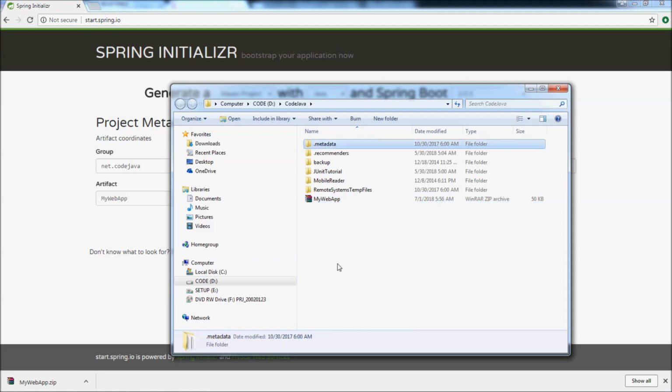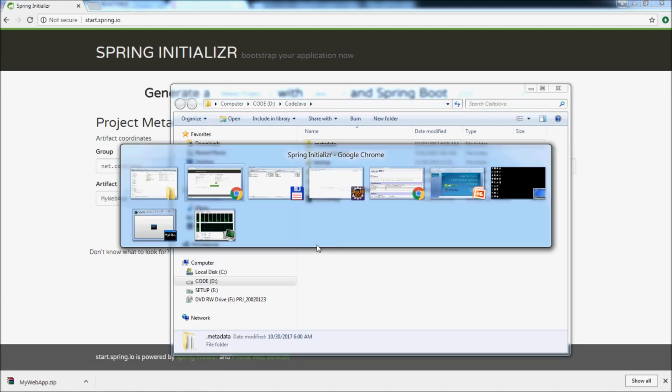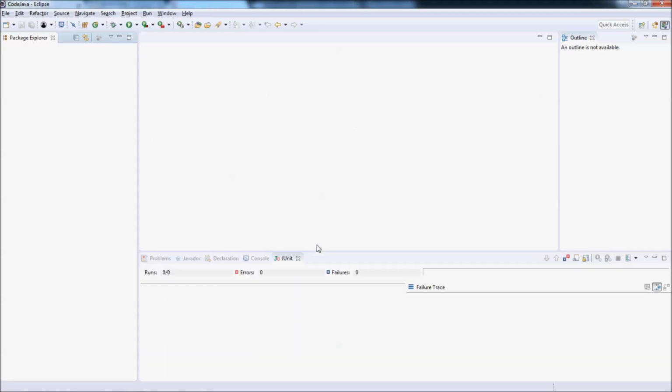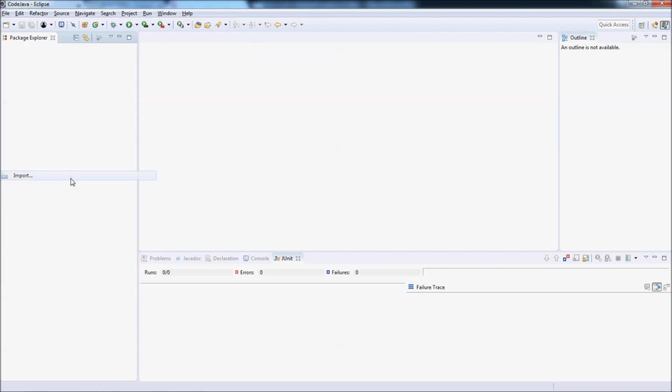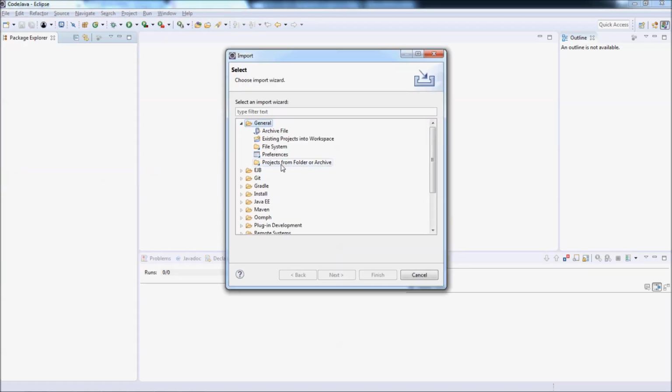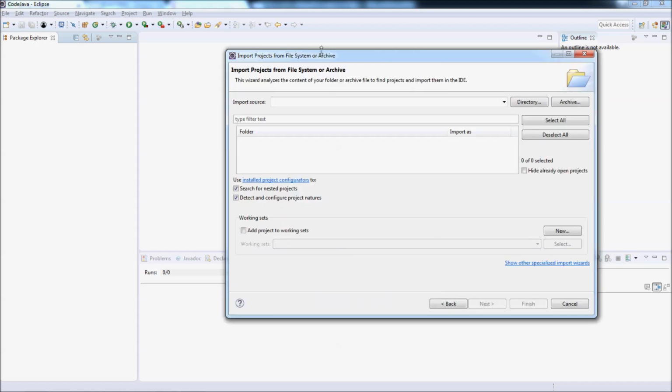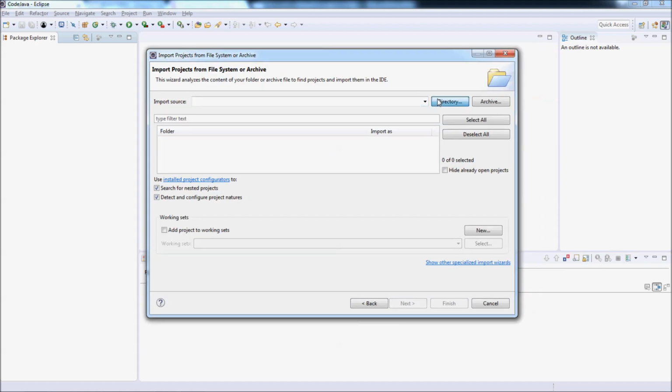This is also a workspace on Eclipse, and you can see the directory .metadata here. Okay, and now let's go back to Eclipse and import general project from folder or archive. Next, and select the directory to import,